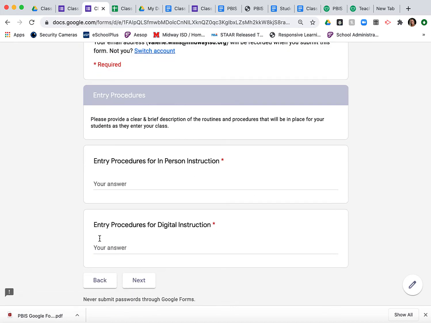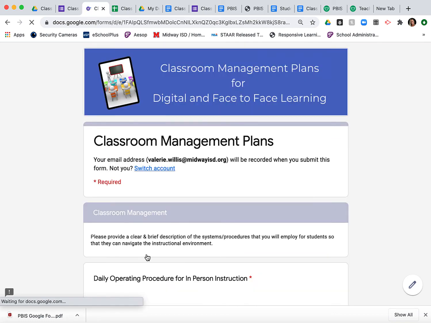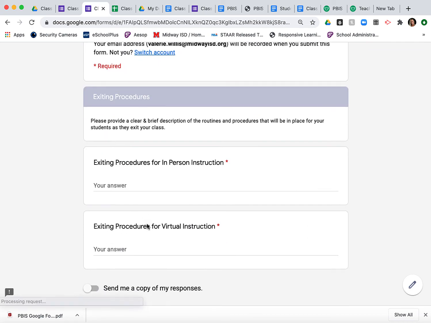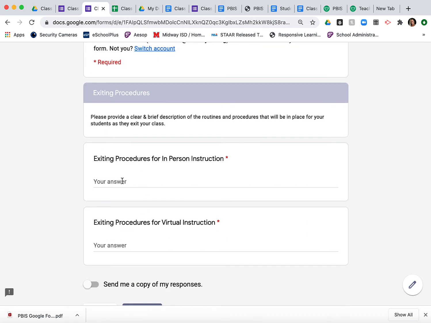And then I'm not going to put what I would literally do. I'll just type what entry procedures, if it was in person, entry if it was digital, daily operating procedures, digital and in person, exiting procedures,